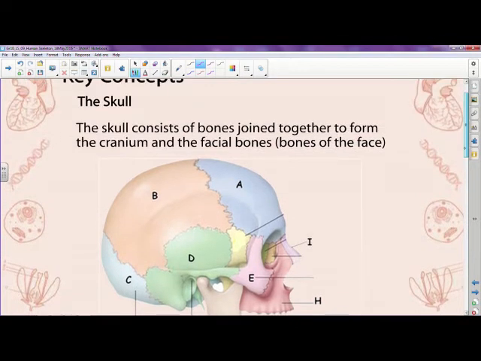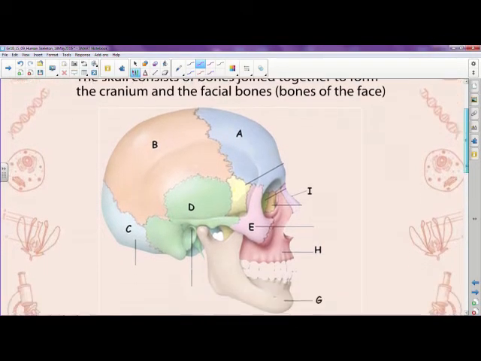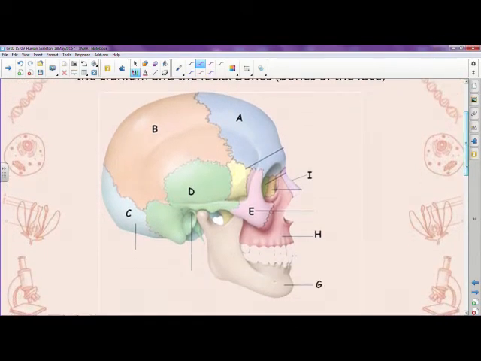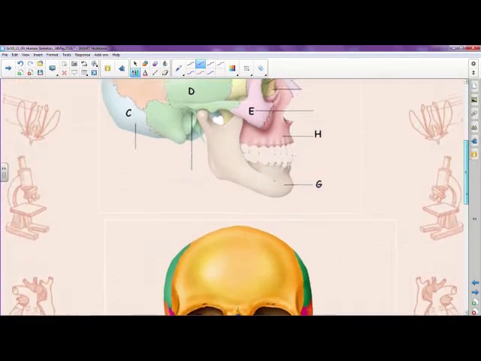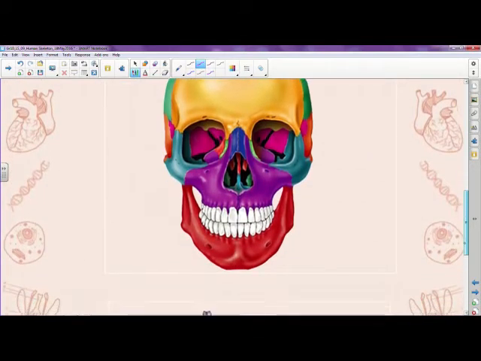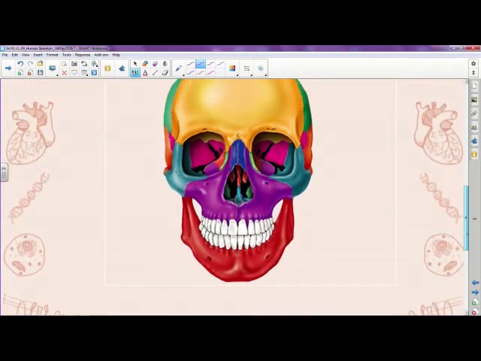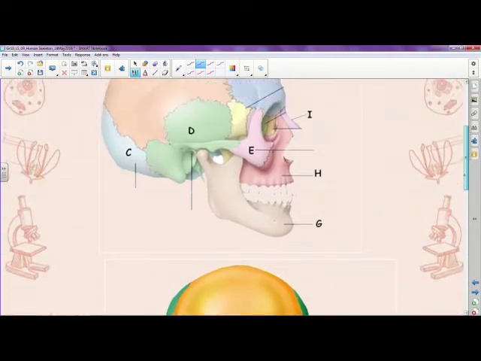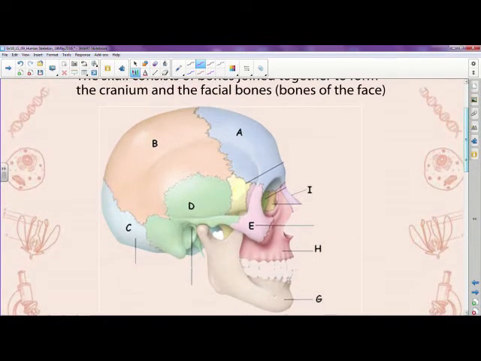Okay, guys, the first one we're doing is the concept of the skull. I need you to understand that the concept of the skull is the head, but we don't refer to it as a head. If you have a look at all the different diagrams that I have shown you, they color code it. Not one color meaning any specific thing, but they use color to show you that it's not one